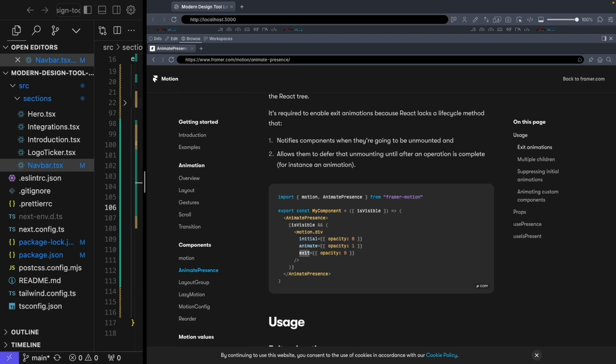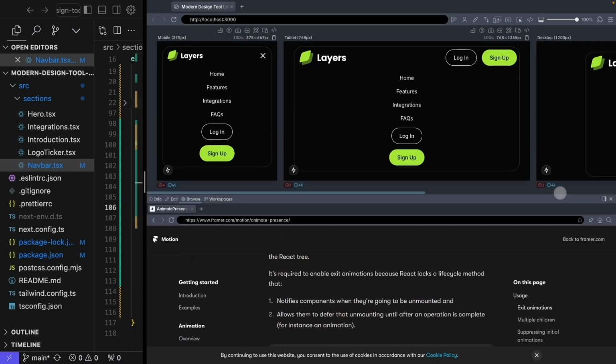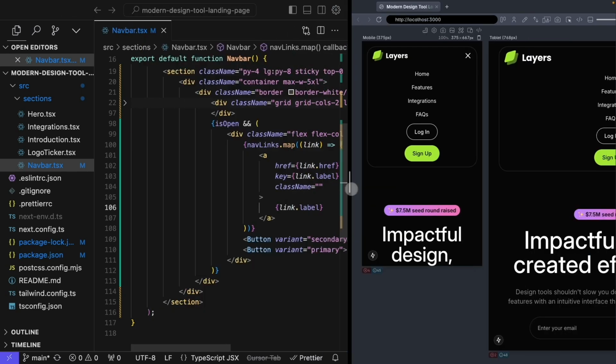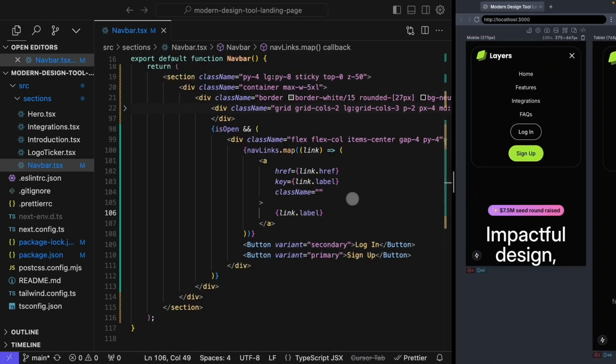This makes it really easy for us to do exactly what we want to do, which is be able to animate this mobile navigation as it shows and as it hides and goes off of the screen. So let me go ahead and close down my panel. I'm going to actually minimize it here a little bit and then close it down. And I'm going to slide my browser window back in, and then we'll see how we can do that with